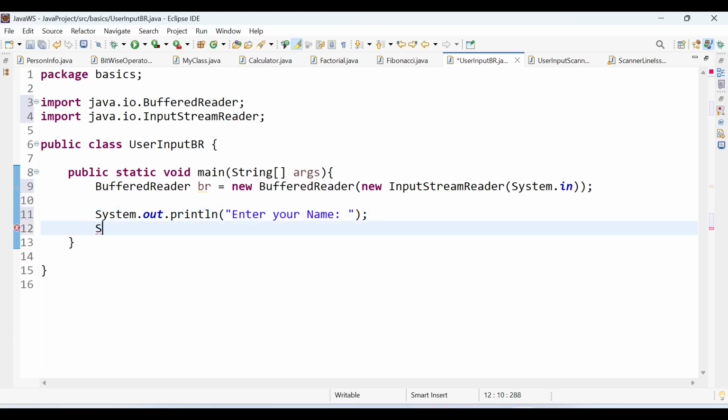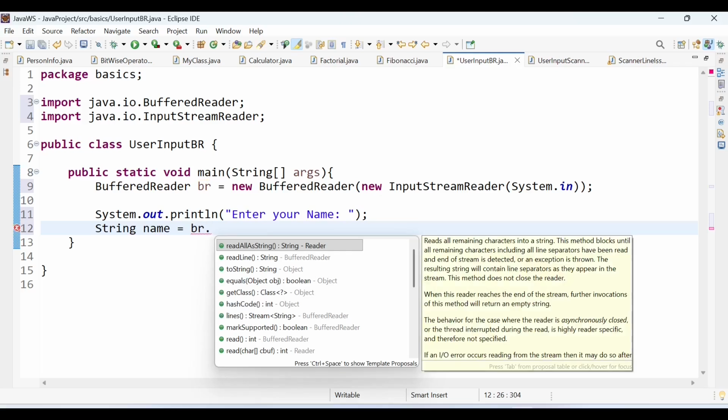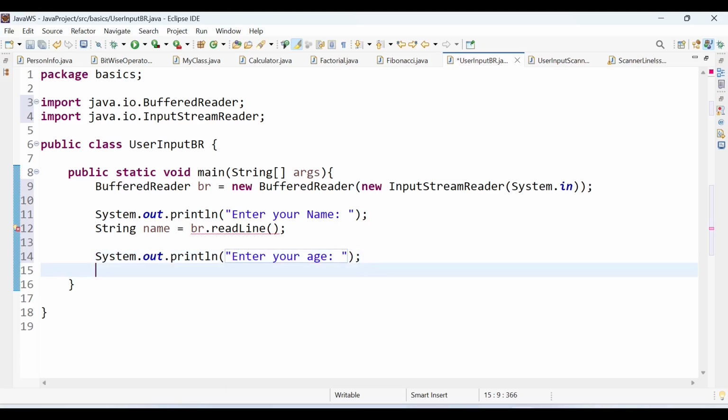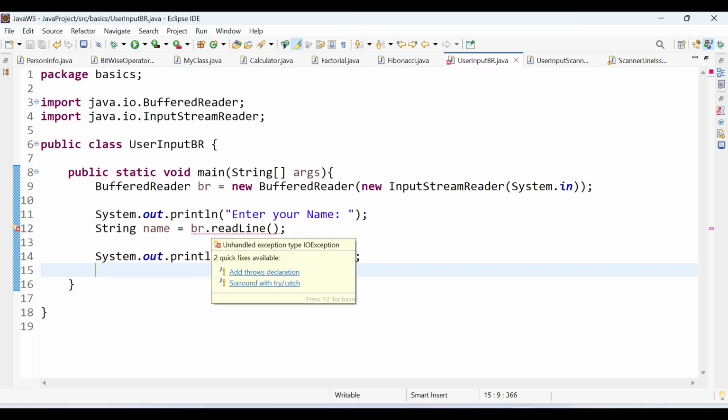Okay, and that we can take in a variable which I've named name only, and I can read it using readLine. Then let's say, enter your age. Now here we'll have that problem. But before that, if you see here also we are getting an error which says that you are not handling